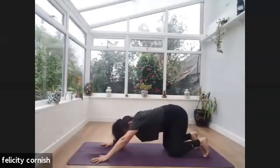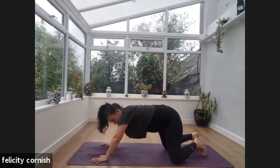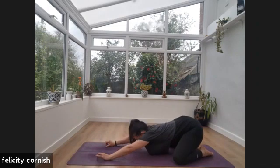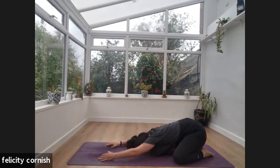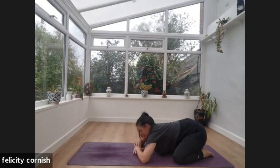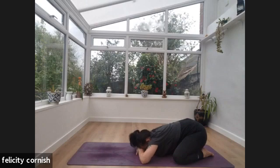And then taking a wide child's pose. So big toes to touch. Knees wide. Shifting hips back. Relaxing the forehead towards the earth. If this is too much, having the hands reaching out, ease through those shoulders. Bringing the elbows left to right, placing the hands on top of each other and resting the forehead on top